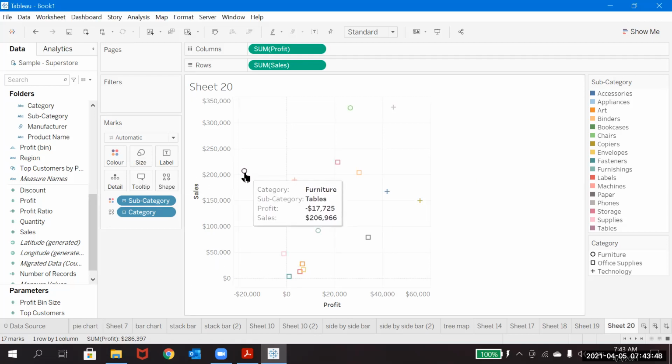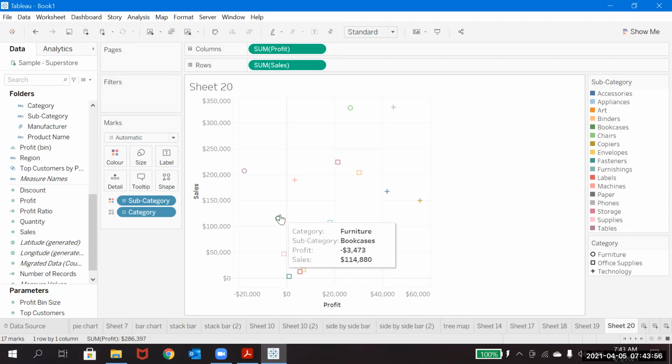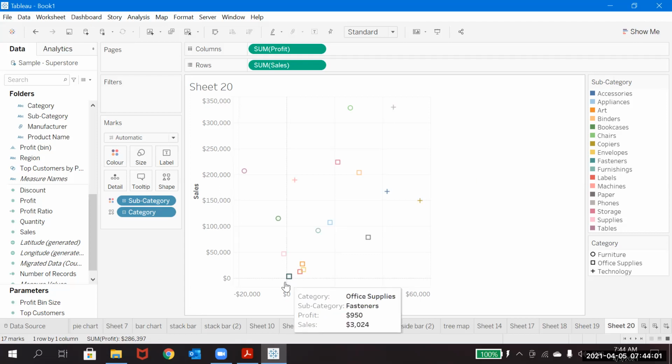Okay, if you observe, this is the zero line, with negative values on the left and positive values on the right. And again, top is positive values, below is negative values. So observe this.